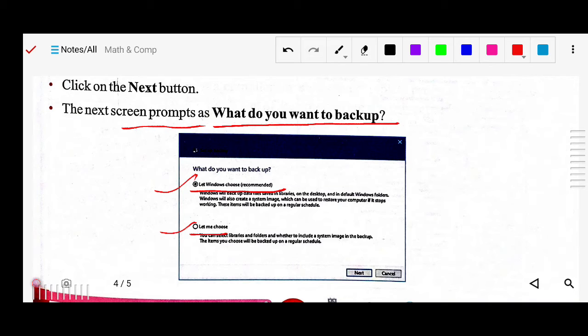Or you can choose by yourself which files, folders or apps you want to back up. The one recommended by Windows is taken by default, following the instructions already given. So this is up to you: you can select by yourself or take the ready-made one. Either this option or that option, according to your usage, you can select, and then click on the Next button.